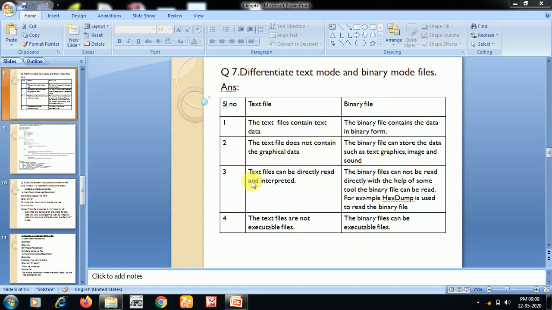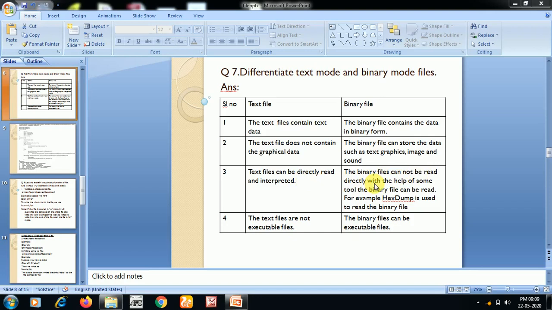Now the third difference: text files can be directly read and interpreted. Means there is no requirement of any compiler or interpreter to convert it, because it is already in a readable format. So directly you can read the data in a text file. When you compare to binary files, they cannot be read directly, because binary files are in the form of zeros and ones.